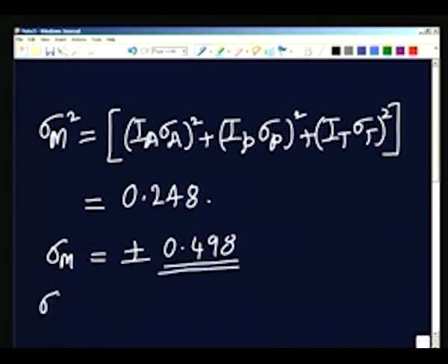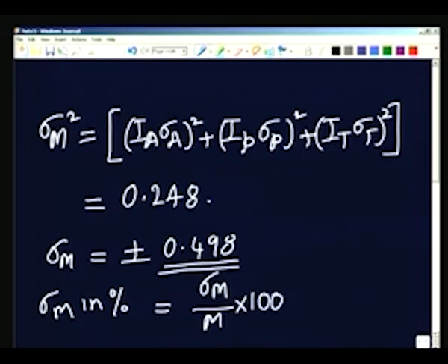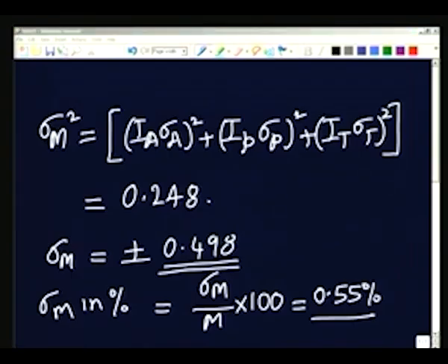So sigma m in percent will be sigma m given above divided by m multiplied by 100, and this comes to about 0.55%. So you see that the problem of propagation can be calculated in a mathematical fashion as we have done in this particular case. So now I will go back to the